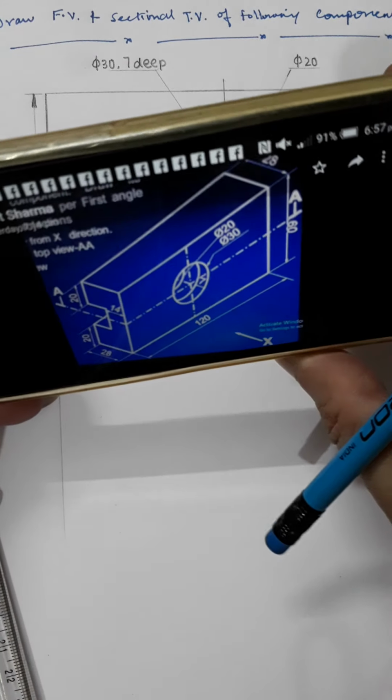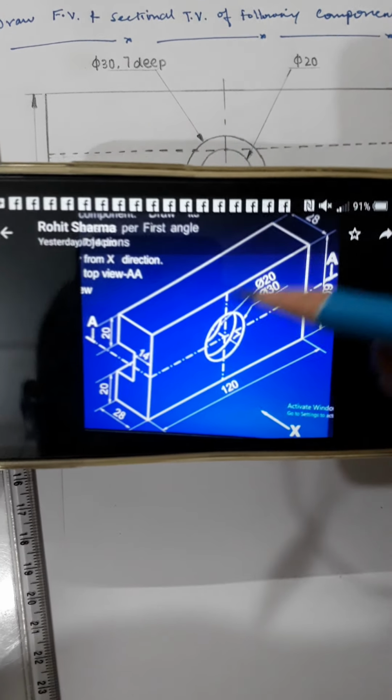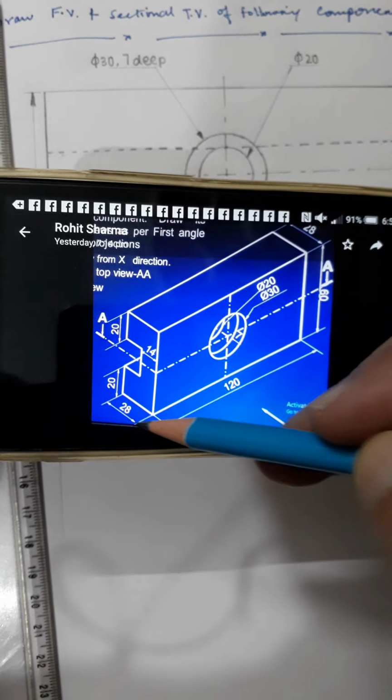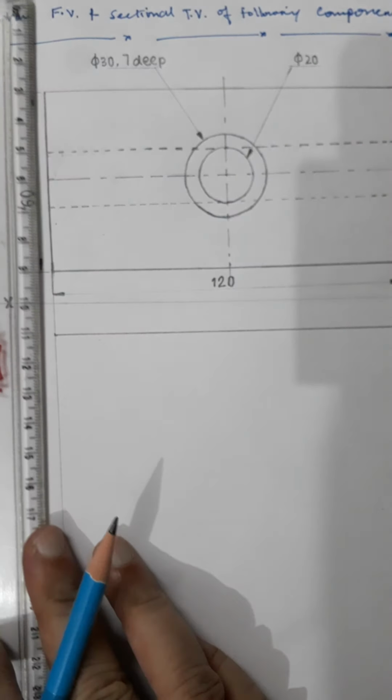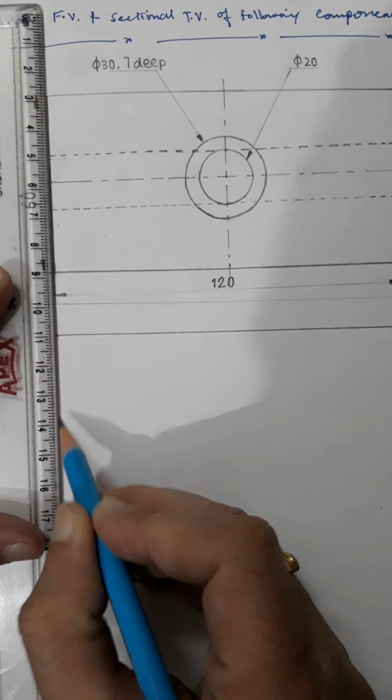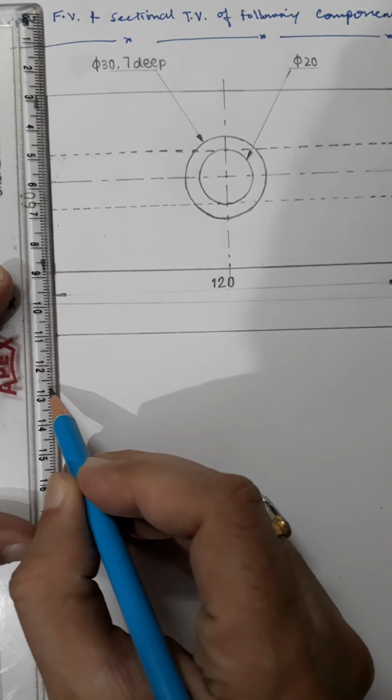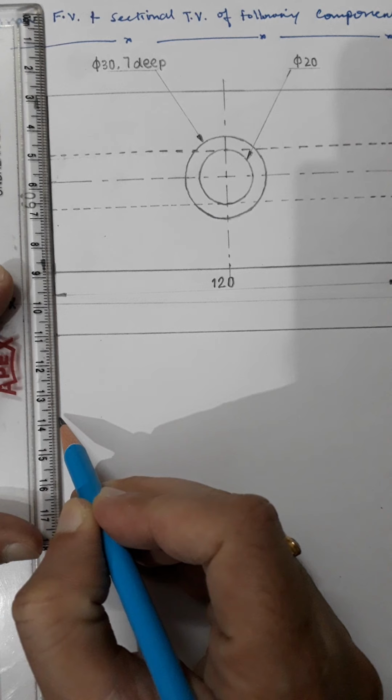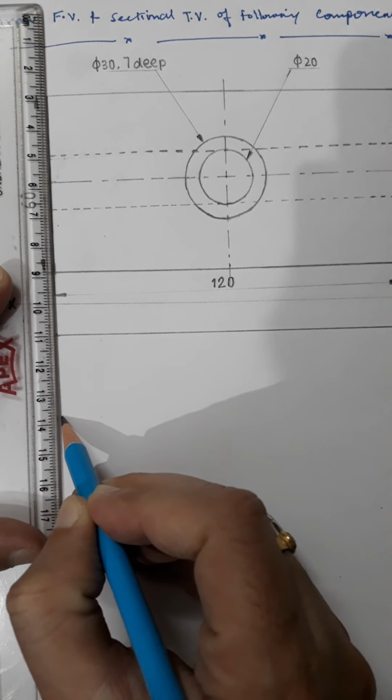So this depth is 28 mm, it is given. So this is 10, 20, and 28 up to here.